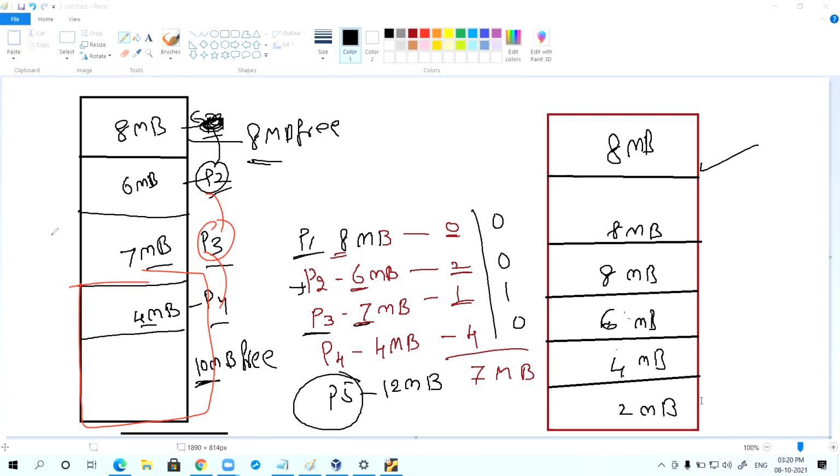Is it clear? The solution is, all the running processes, if you move to one side, you can arrange the space at another side.